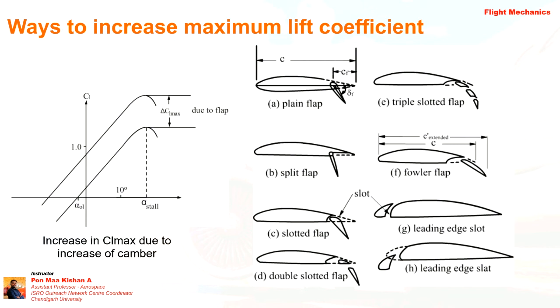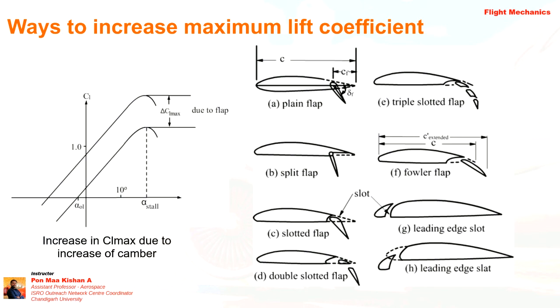Apart from that, we have various types of flaps, which you can see in this image. The plain flap is the general flap, which is in most of the older aircraft. Then the split flap, where half of the flap is split and can be deflected. The slotted flap, where there is a gap between the trailing edge of the wing and the flap. The double slotted flap, where the flap is extended into two slots with a gap between the surfaces. The triple slotted flap, with a third slot. Mostly many aircraft have used the Fowler flap.